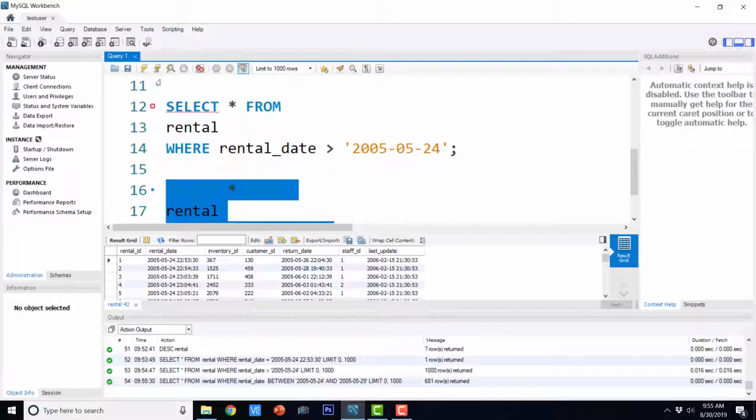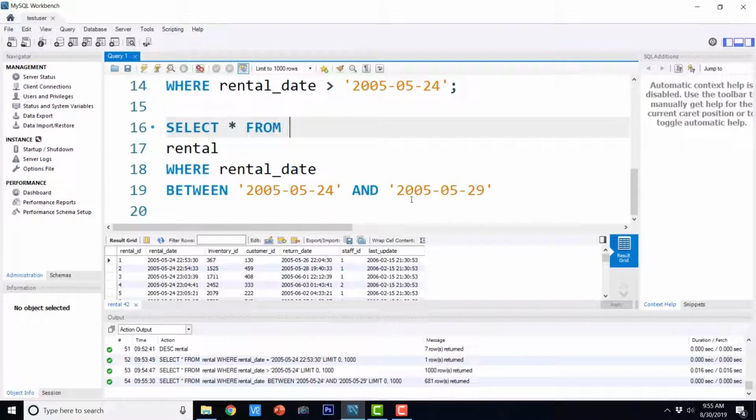So this is 2005-05-24 to 2005-05-29. So this is the range, and whatever happens in between this range, that is returned in the result set.